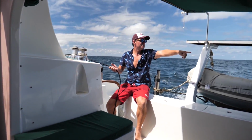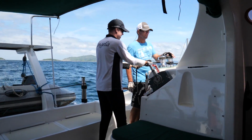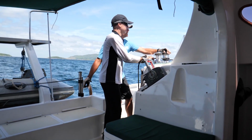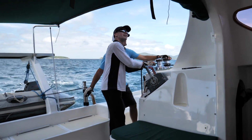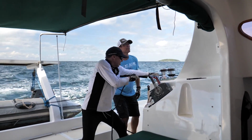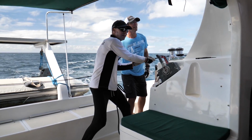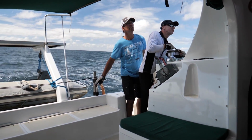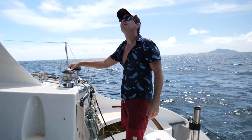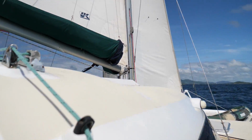Somebody's got to haul in on that jib sheet as we tack, yeah? The black one? So. Okay. 3, 2, 1. Go! Winch? Over the sail. There we go. On our way now. Let's see if she'll